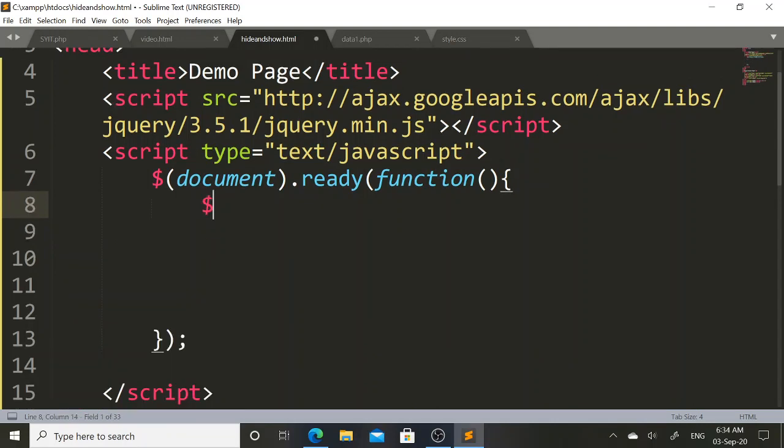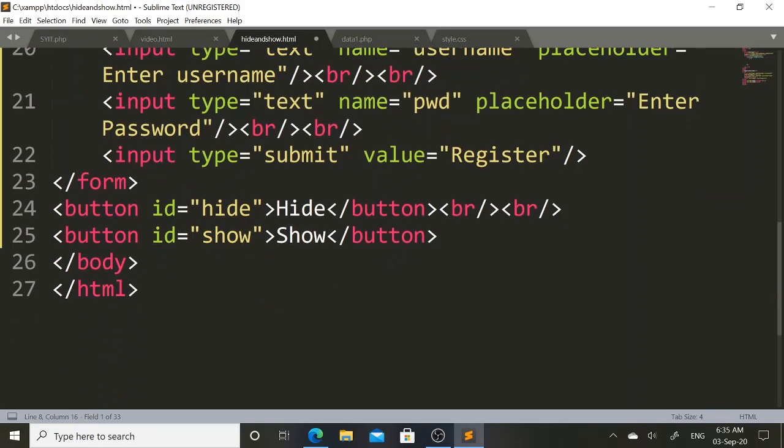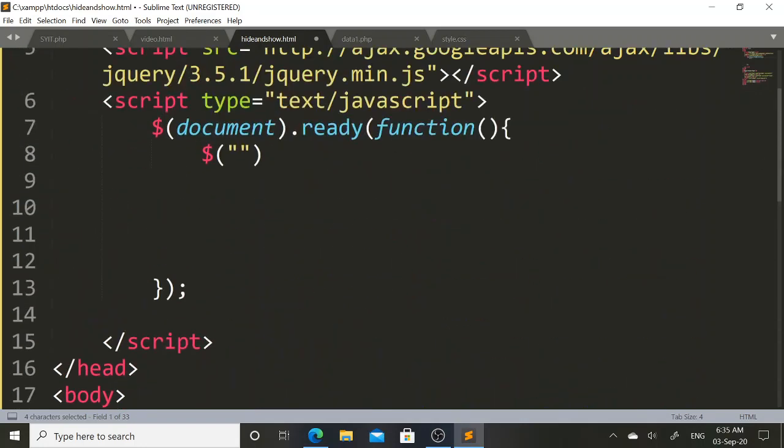Then dollar, open parenthesis, close parenthesis. Here within double quote I will mention hide as a id selector. Hash hide, and using dot operator I will call click event.